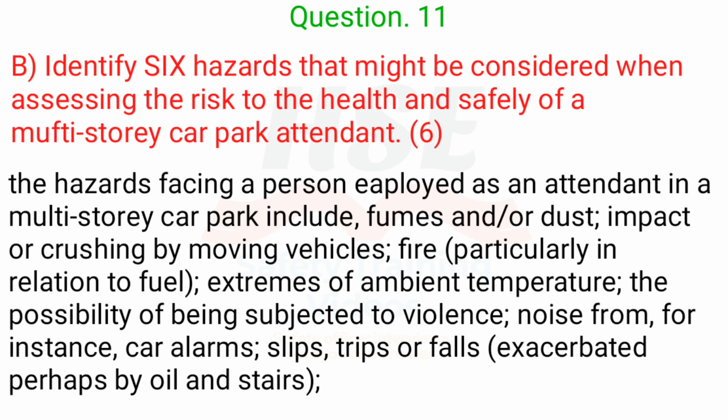Question B. Identify 6 hazards that might be considered when assessing the risks to the health and safety of a multi-storey car park attendant. 6 marks question. The hazards facing a person employed as an attendant in a multi-storey car park include fumes and/or dust, impact or crushing by moving vehicles, fire, particularly in relation to fuel, extremes of ambient temperature, the possibility of being subjected to